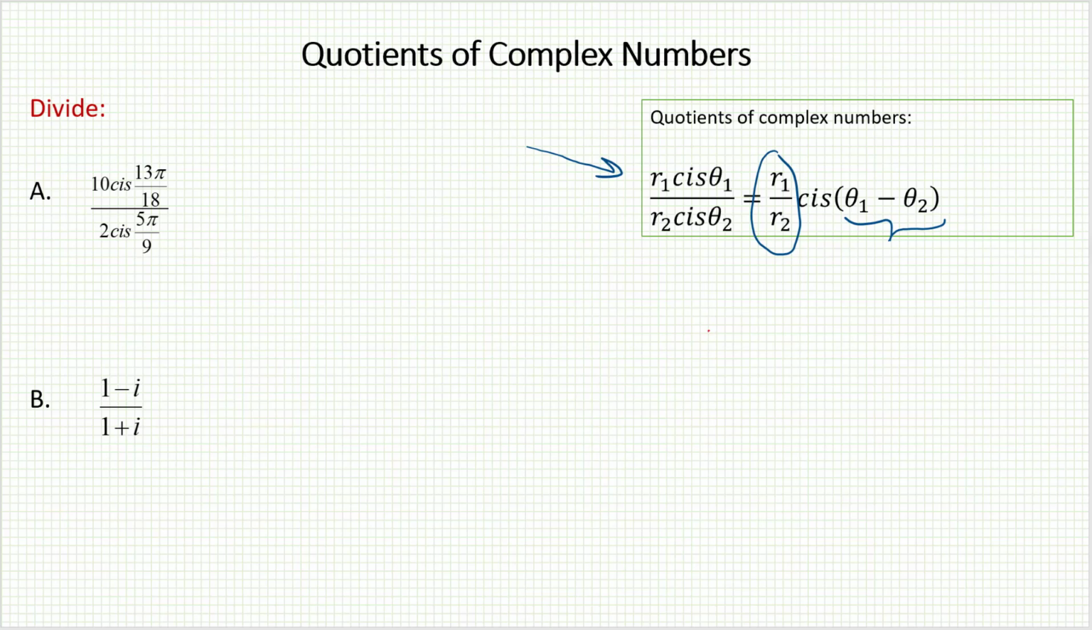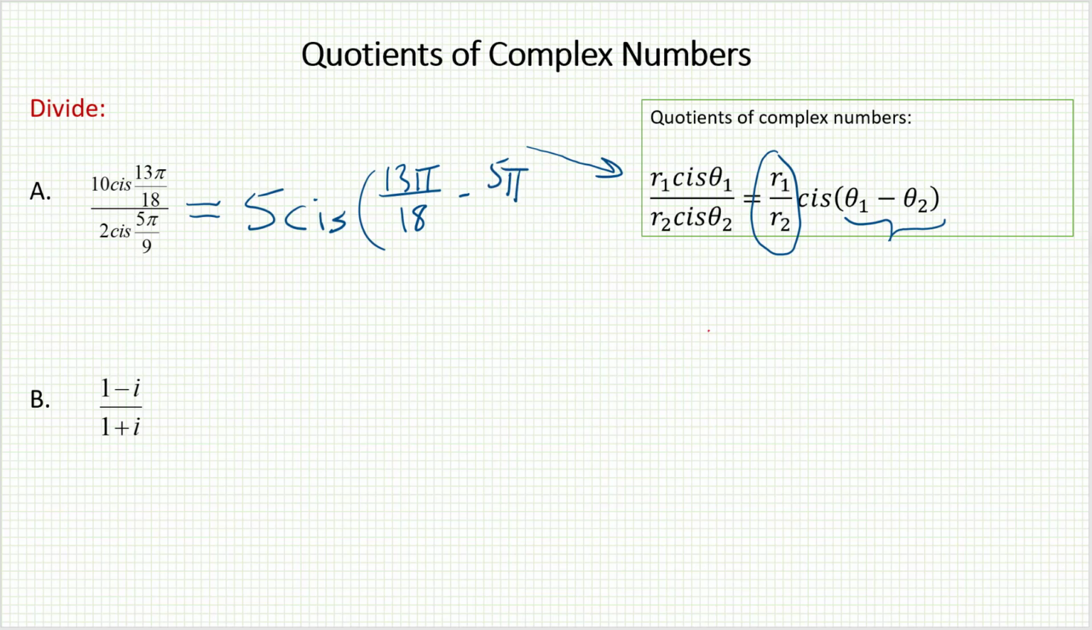I have 10 cis 13 pi over 18 divided by 2 cis 5 pi over 9. According to the formula, all I have to do is divide out the moduli. 10 divided by 2 is 5. And then for my new angle, my new argument, I'll be subtracting 13 pi over 18 minus 5 pi over